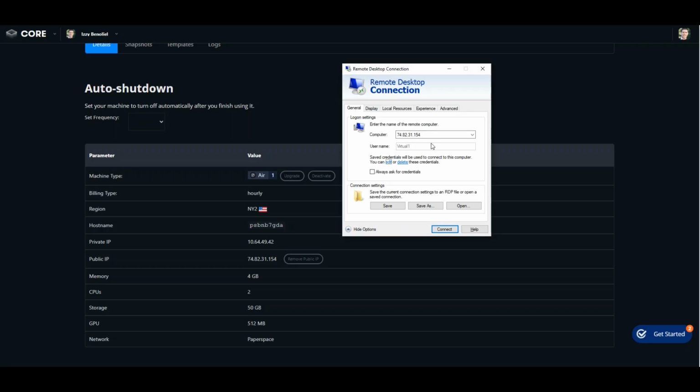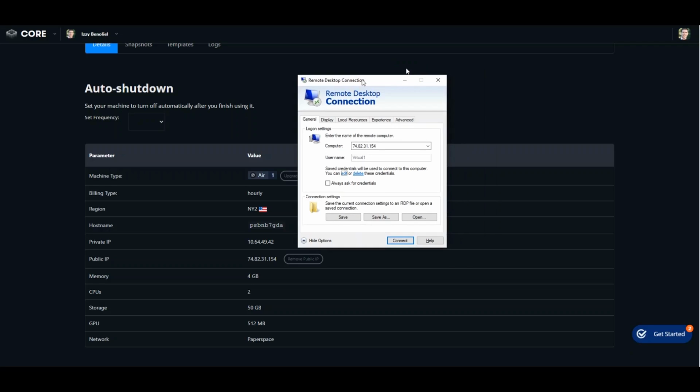So to avoid that from happening, you want to set up rules on your virtual machine to accept connections only from your IP address, or any IP address they usually log in to the machine from. If you're the one logging into it, then you could easily find your IP address and add that as a rule to the machine to only accept incoming connections from your IP address. If it's your VA, then just ask them what their IP address is